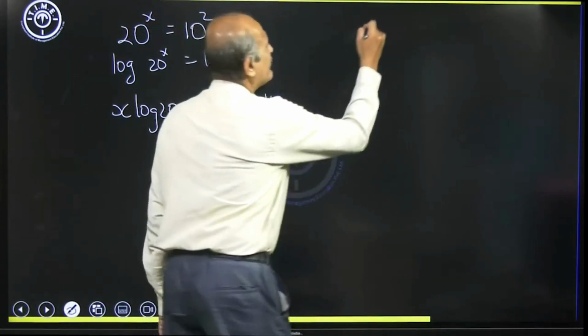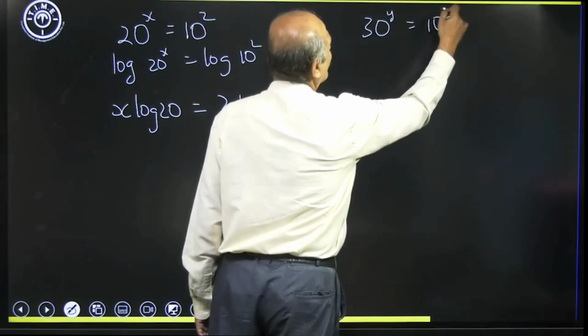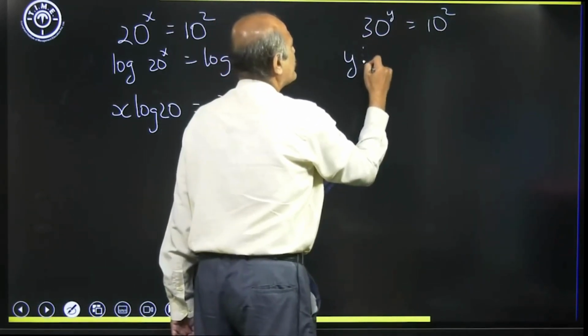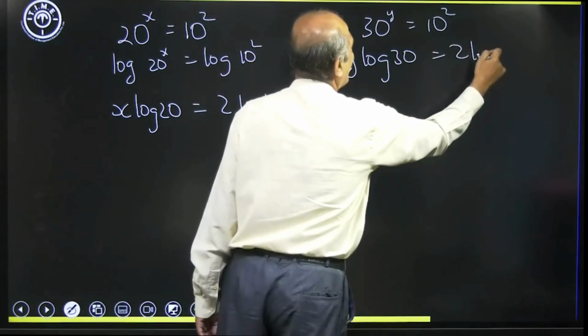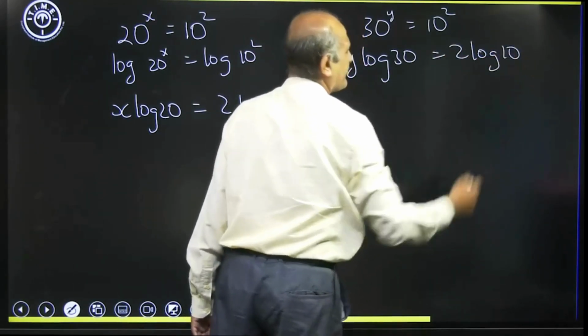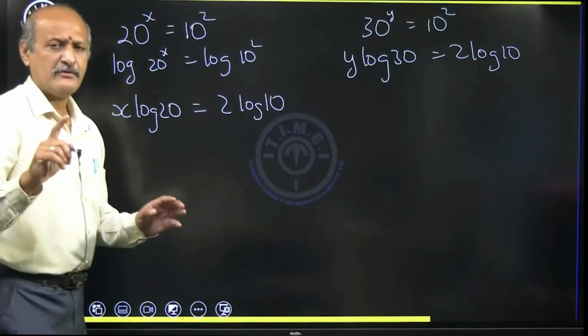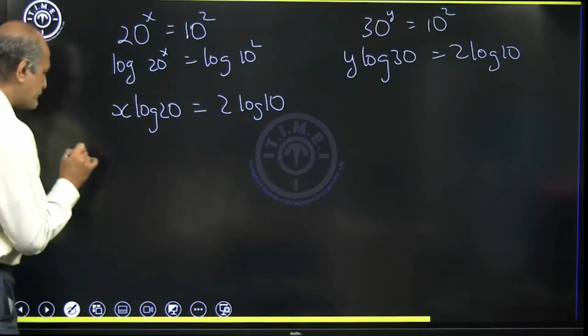In the same manner here, we could have said this one: 30 power y is equal to 10 square. So applying logarithms on both the sides here, we get y log 30 is equal to how much? It is 2 log 10. We are asked to find the value for x minus y here, no doubt. But what we can do here, please observe,